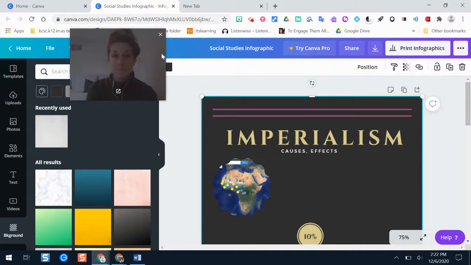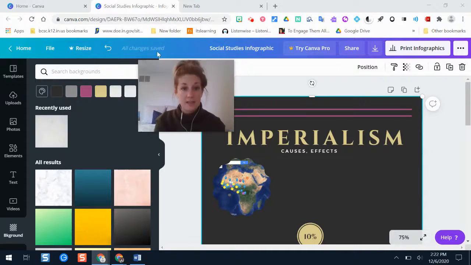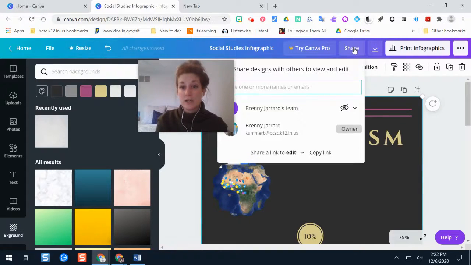You don't have to click a save button. It is always saving it automatically. See, it says all changes saved. Whenever I'm done, I can download it right here and save it on my computer and then upload it into our class on Canvas. Otherwise, I can click share